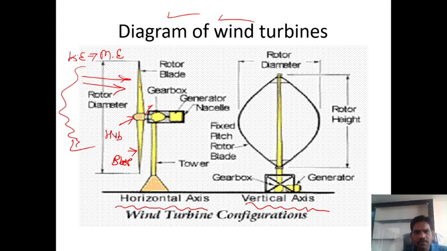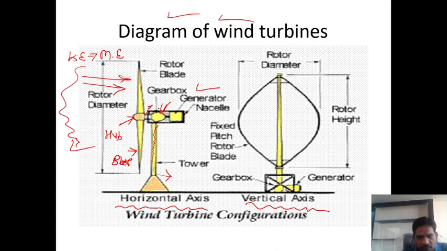So along with the blades of the wind turbine, the low speed shaft rotates, and this low speed shaft is connected to the gearbox. The gearbox converts it into high speed with the help of the high speed shaft, and this high speed shaft is connected to the generator. What is the function of the generator? To generate electricity. All the electricity cable is transferred through the tower bottom position, and then we can supply this electricity to our demanded area or required positions.